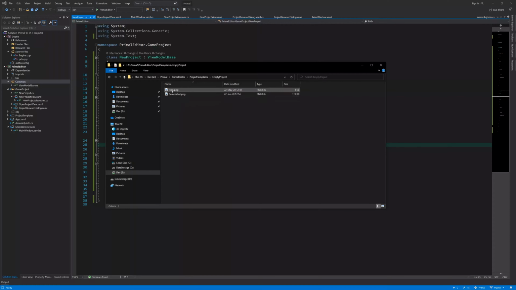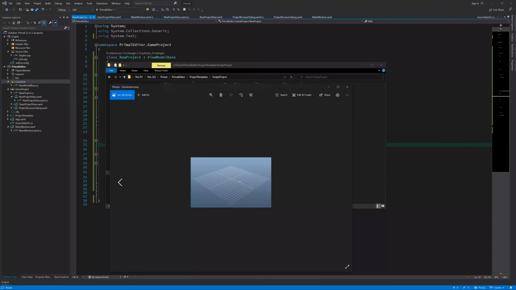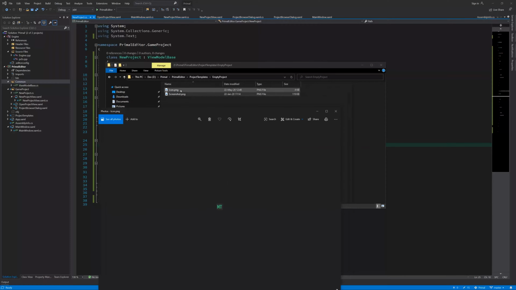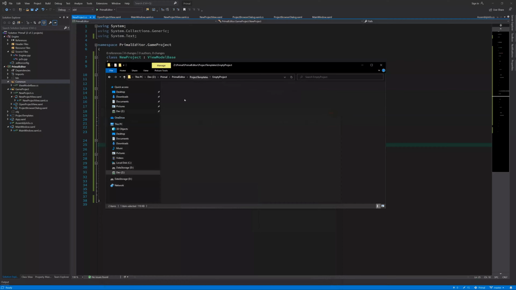For now, the only thing I have done is to put an icon in it and a screenshot. So there is, for example, for an empty project, an icon that tells it's empty, and there is an empty screenshot. And if I go, for example, to the third person, then there is this